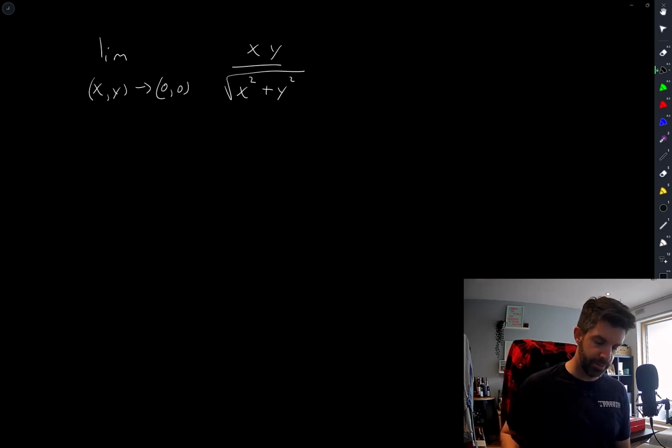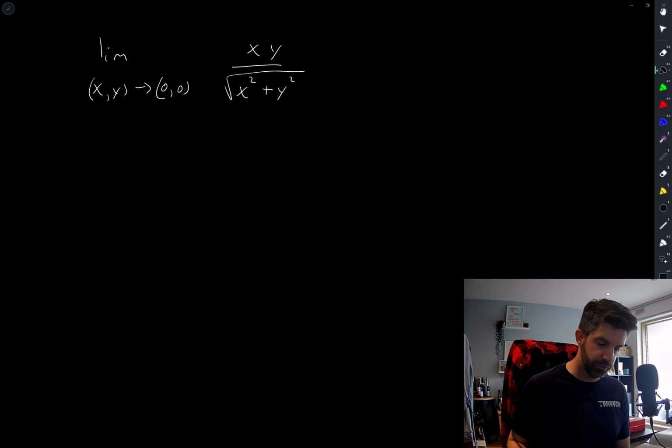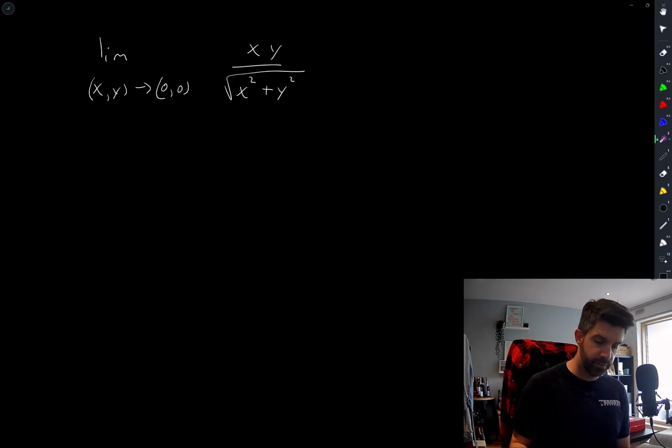I might just try a few cases to see if I can show the limit does not exist. And the way I'm going to do that is to think of some curves in two-dimensional space that approach 0, but different. Take different curves that approach 0 in different ways, and see if along those curves the quantity approaches different values. So in particular,